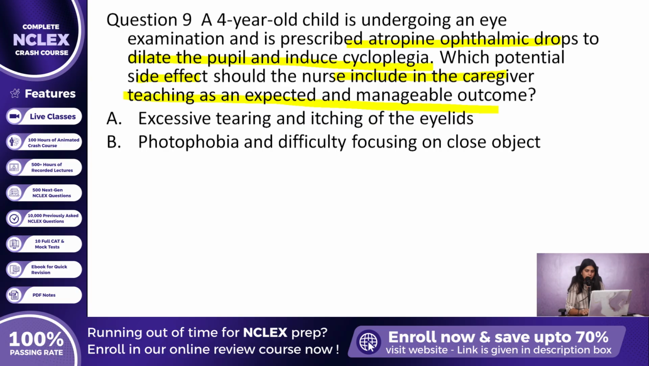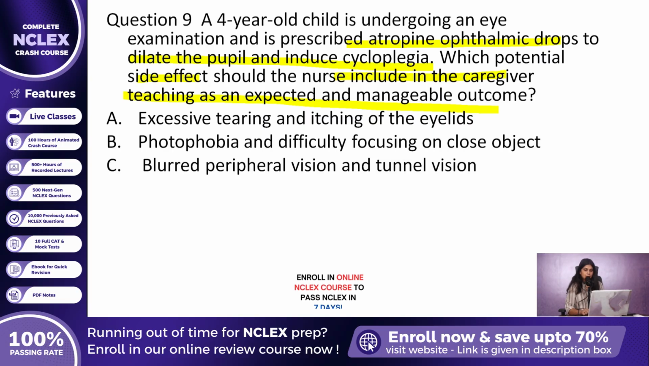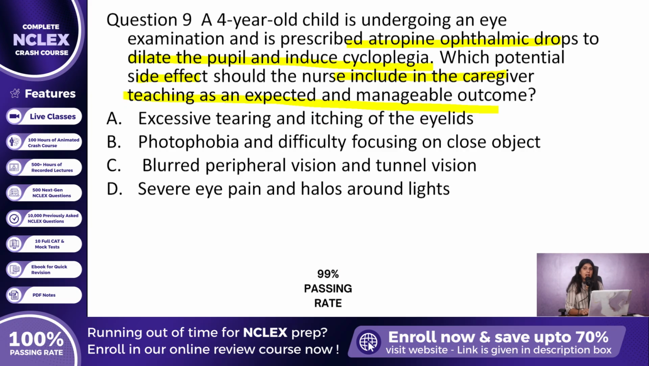Option B, photophobia and difficulty focusing on close objects. Option C, blurred peripheral vision and tunnel vision. Option D, severe eye pain and halos around lights. Now identifying the correct teaching point for this common pediatric medication, the best answer is option B, photophobia and difficulty